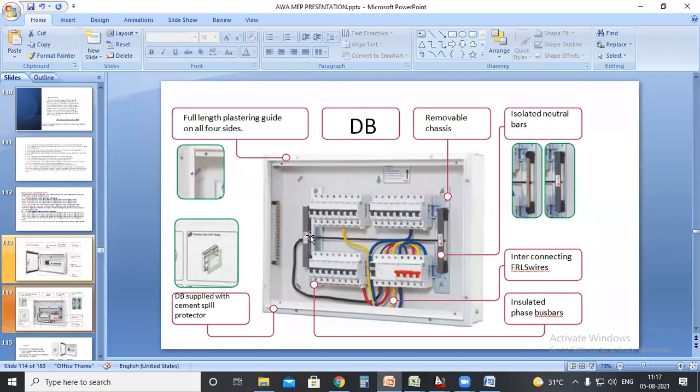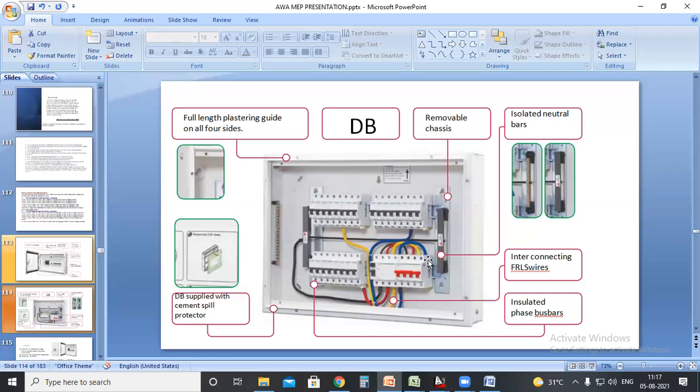In this case we can count 1, 2, 3, 4, 5, 6, 7, 8. So this is the breaker which has 8 circuits in each phase, 8 circuits in each phase. So we will specify these DBs based on the number of circuits and type of DB. So from this picture, can anybody mention? I will explain again. This is the TPN DB, and we have 8 circuit breakers in each phase. 8 here, 8 here, 8 also here.